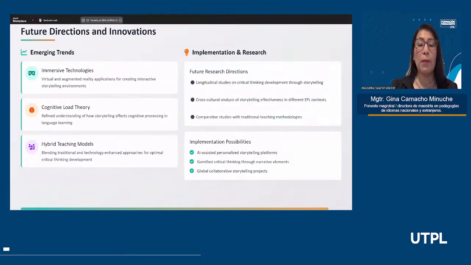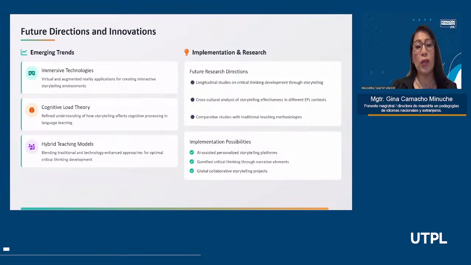Okay, you know that there are many technological tools you can use in order to present your students with these stories. If you don't have the necessary resources, you can use the other strategies. Just by presenting them a question or the beginning of the story, they can continue creating it together as a whole group.